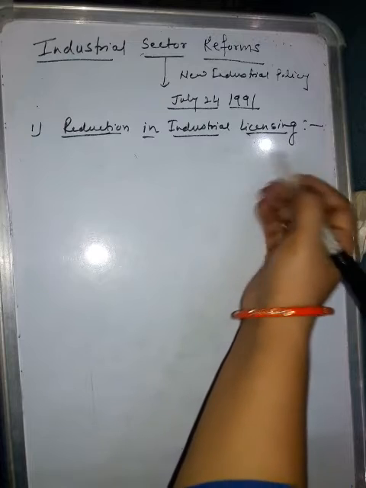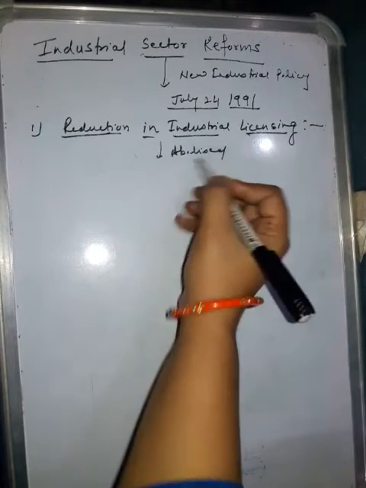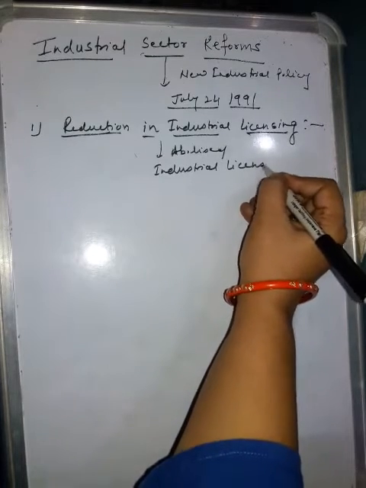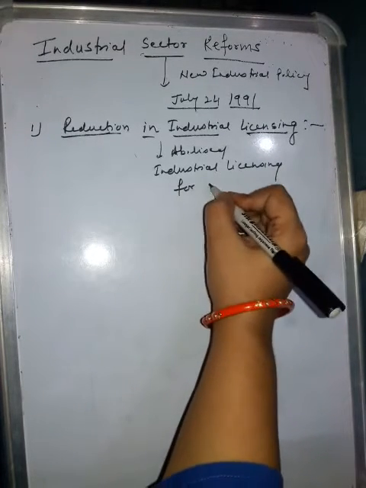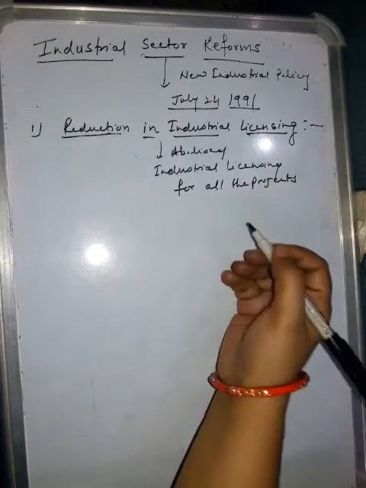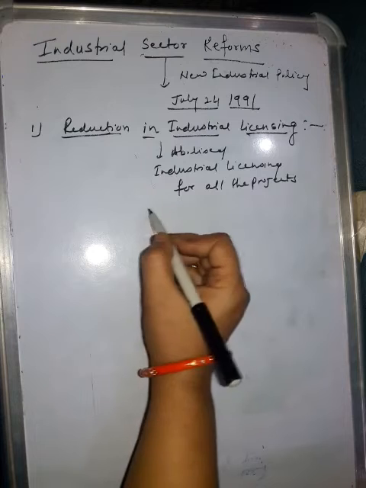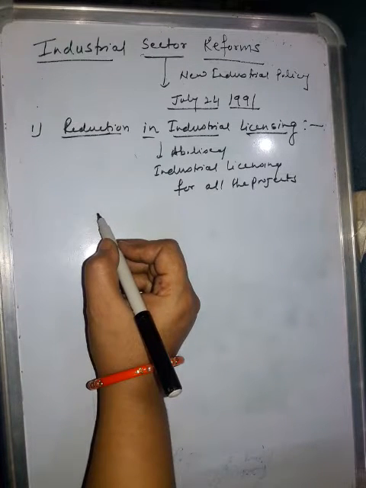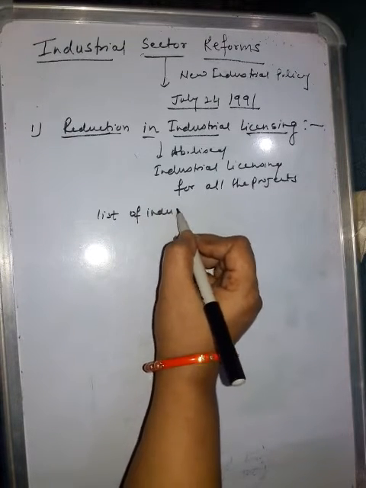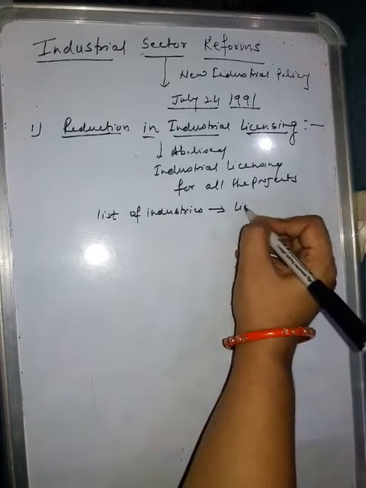The new policy abolished industrial licensing for all the projects except for a short list of industries. A few industries still needed licensing, like the industries in the list I am writing. License is a kind of permission from the government, needed for industries like liquor,